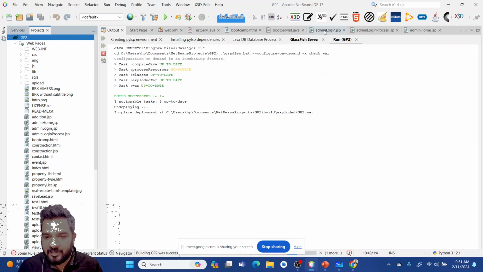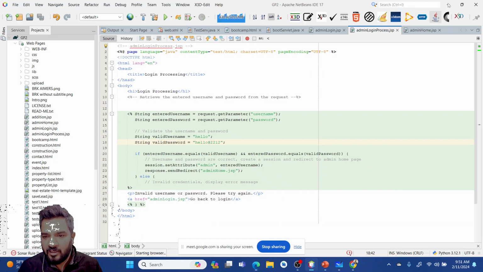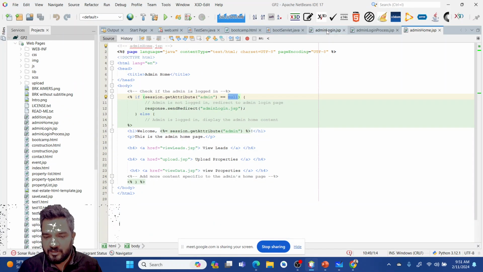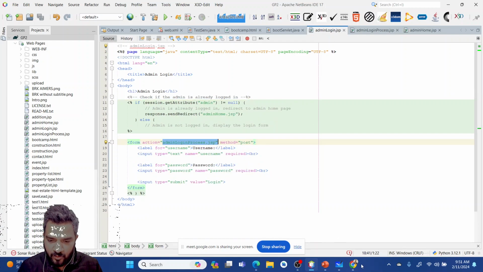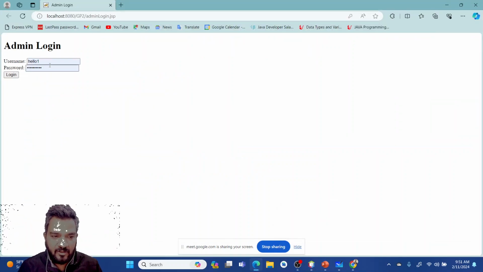So remember the page names: admin login JSP, admin login process JSP, and admin home JSP. In a new session, we will go back to our admin login page. If we try to log in with a wrong username and password, what will it do?